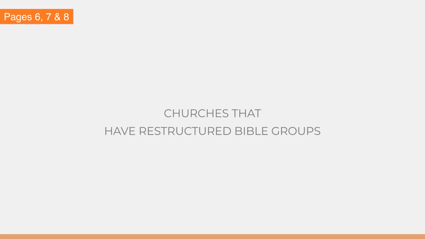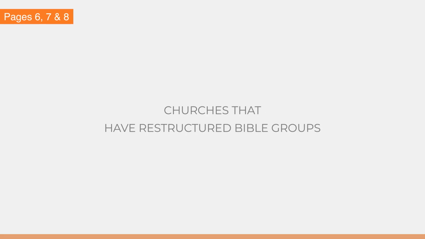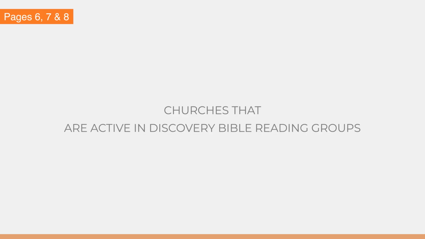So work through pages 6, 7, and 8, looking at the list of churches where the Bible classes, youth groups, etc. have been restructured, the list of churches where the members are consistently equipped in disciple making, the list of churches where there are branch Bible classes, where the youth or ministry groups are conducting branch groups, the list of churches where families and friends are sharing Discovery Bible reading groups or World Changer Bible reading groups with neighbours and friends,